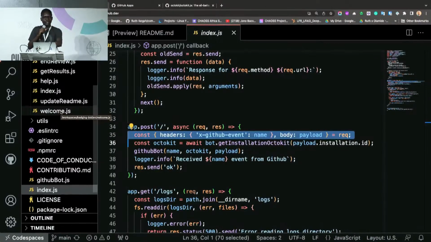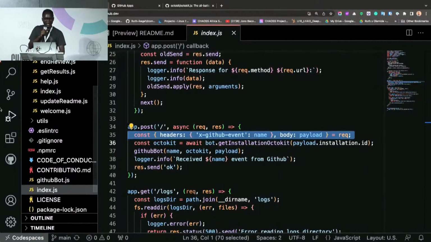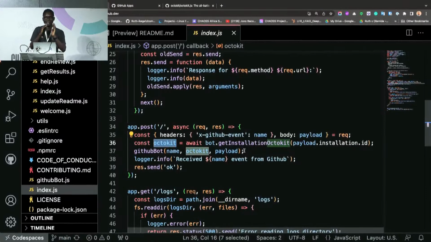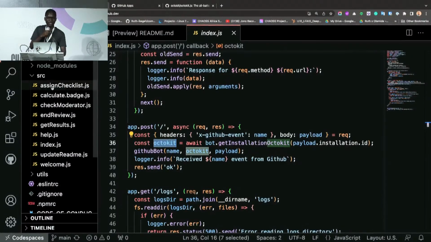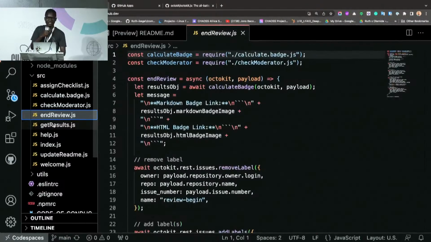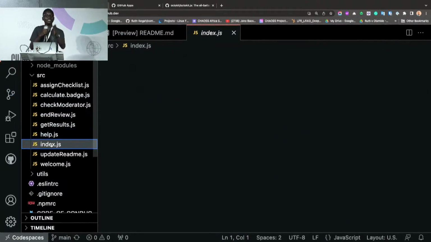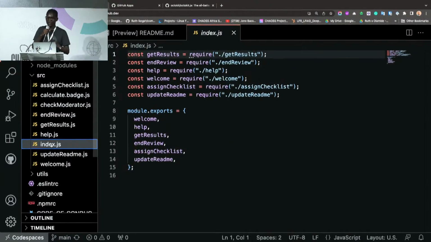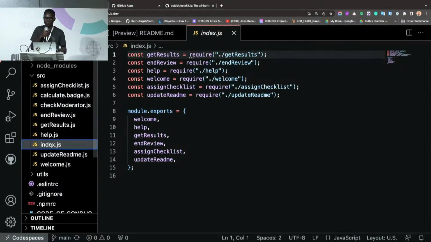And then we shall get all the information and use the Octokit library to manipulate the API to get whatever information we want, so that we can now start programming the bot here to give it all these functions that you can see. All these things can be easily understood by you if you either have an idea or if you're really willing to put in the effort to understand. Otherwise, I'm